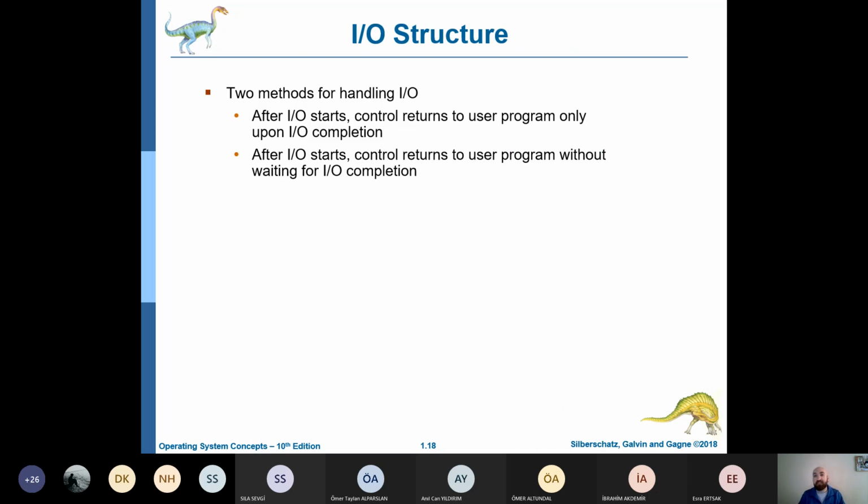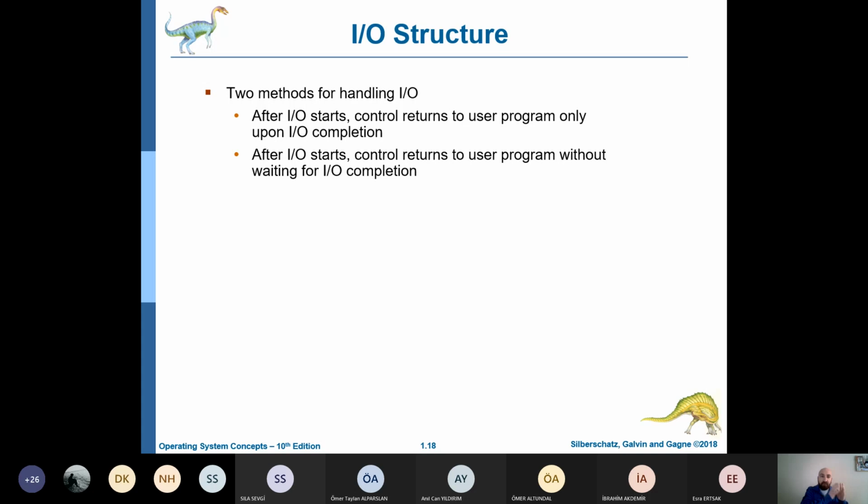We have basically two methods for handling inputs and outputs. The first one: after I/O starts, control returns to the user program only upon I/O completion. The second one: after I/O starts, control returns to the user program without waiting for I/O completion. So that means we have two methods. In the first one,